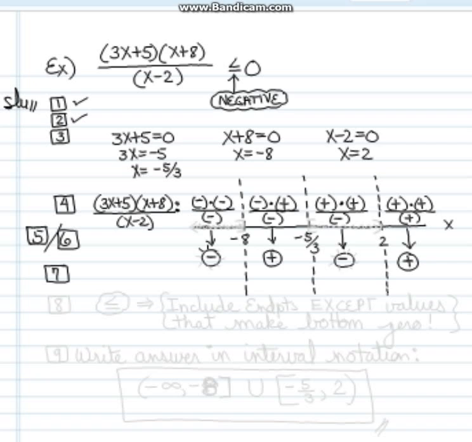Well, that's going to occur in this region and in this region. That's where the entire fraction is negative. So let's shade this region here with an arrow. And let's shade this region. Now we don't know about the endpoints of these shaded regions, so let's go to step 8. For step 8, we're going to check the endpoints. We note that we have a less than or equal to inequality in the original question. So that implies include endpoints